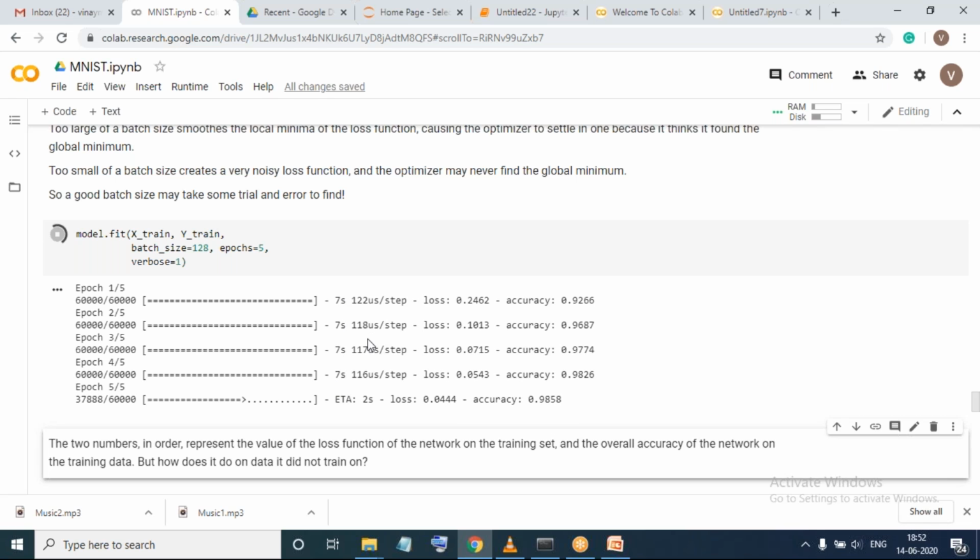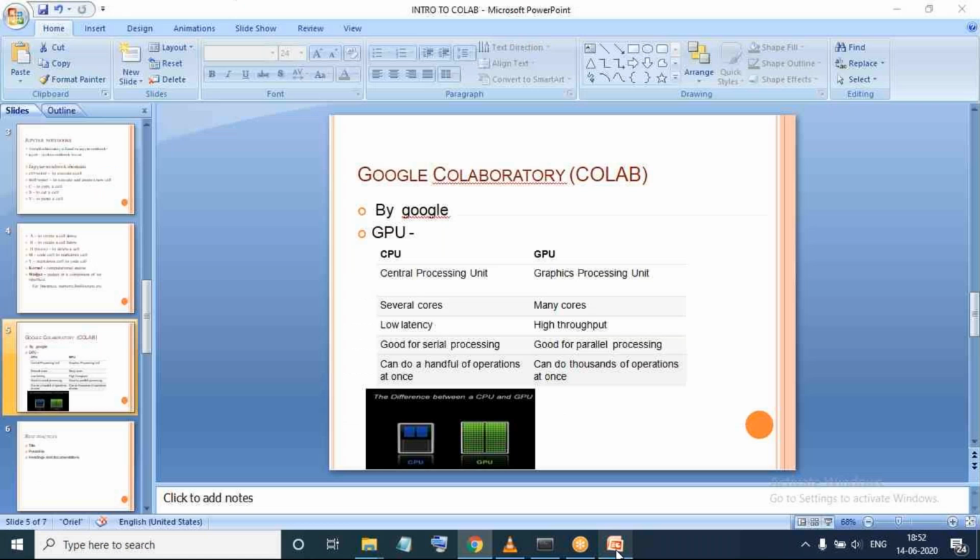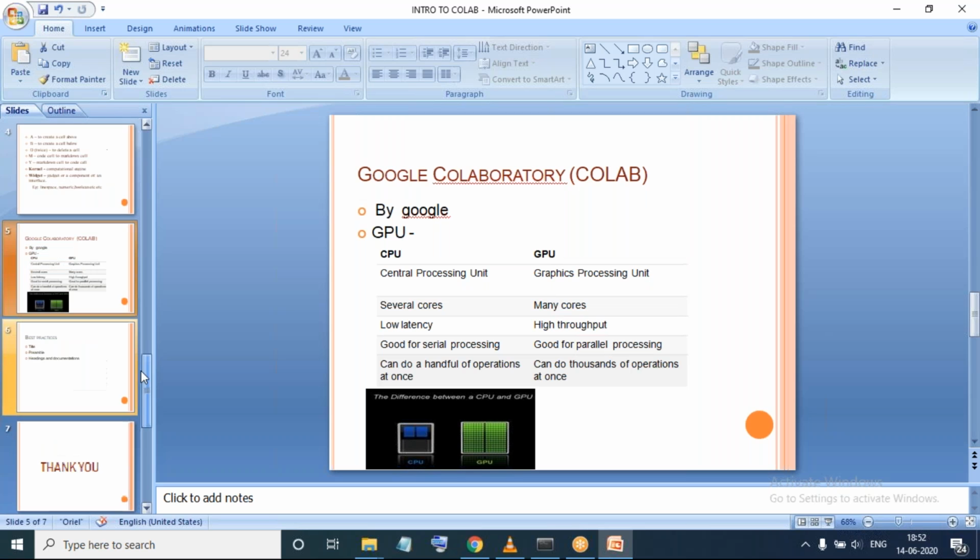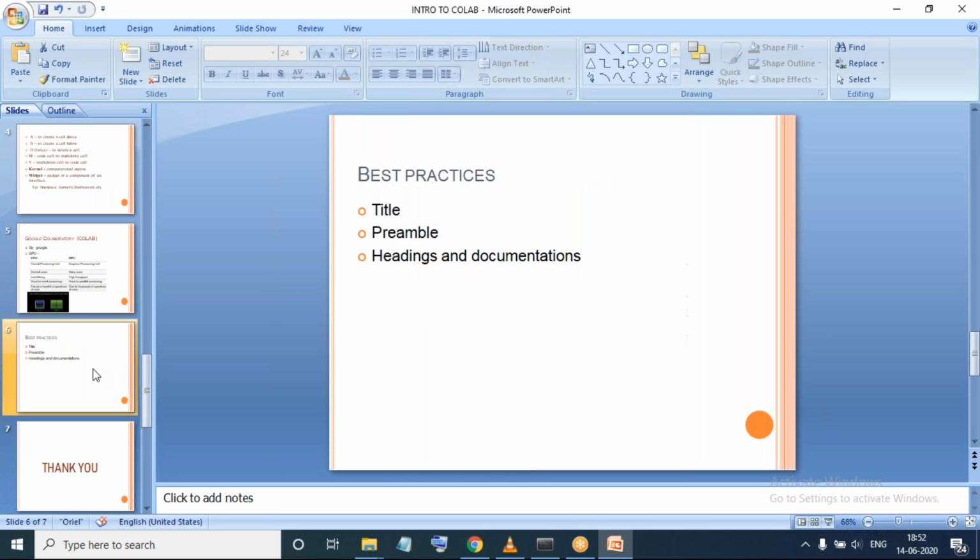This is the major advantage of your Google Colab. So this is all about your Google Colab. Now, when we speak of Google Colab, there could be some disadvantages as well. The major disadvantage is that it's a shared thing. Whatever CPUs or GPUs you have, they would be shared.